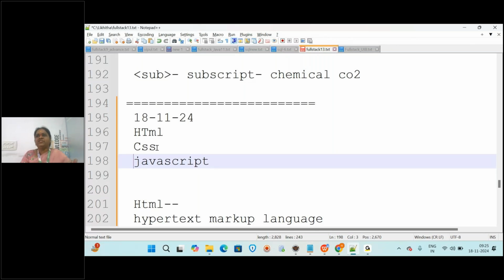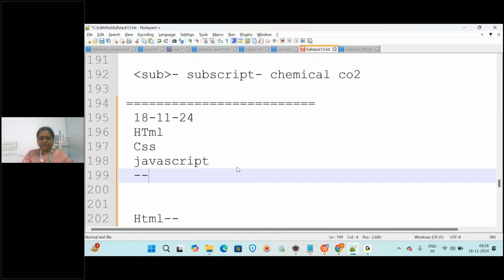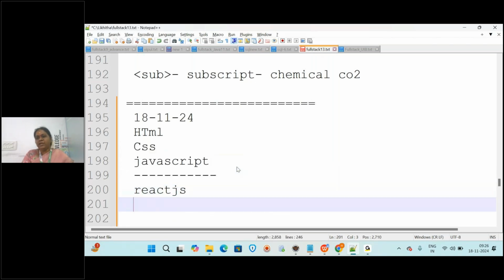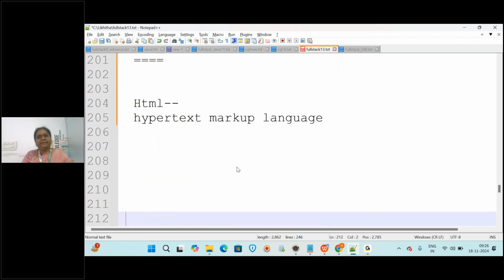So any web application like Facebook, Amazon, Flipkart, now any mobile applications like Zepto, Blinkit, where we can buy groceries easily and everything, right? Any front end application can be developed by using these three things: HTML, CSS, and JavaScript. And along with this, we will learn the framework, that is React JS. This is an open source library to improve our application and run it quickly. We will learn about each and everything in detail.